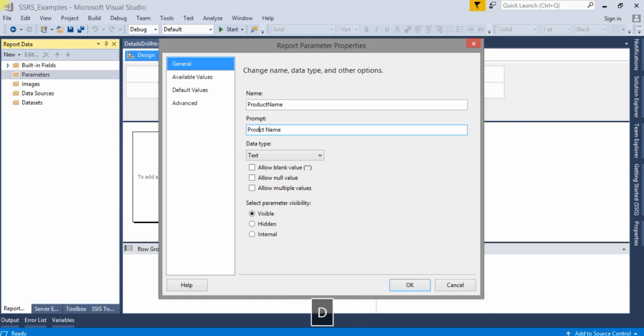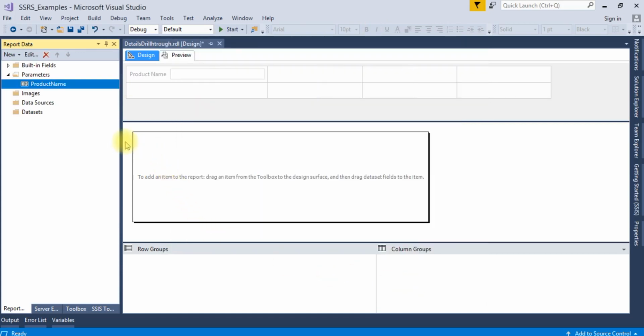Okay, I missed the product name. In the details report we don't want this parameter to be visible to the user, so let's make it hidden. The others we leave as they are. Click OK, then click on the data source.